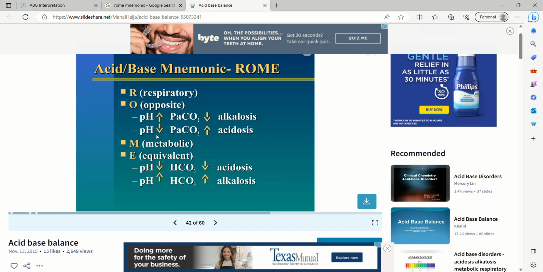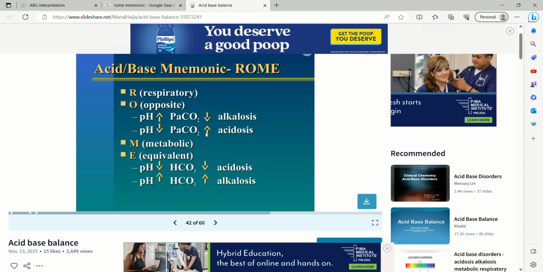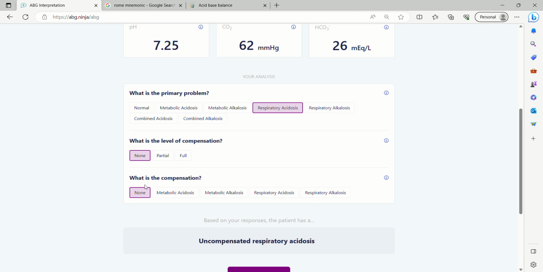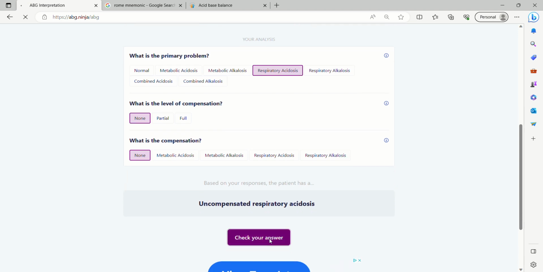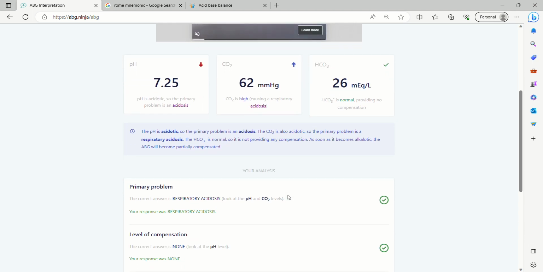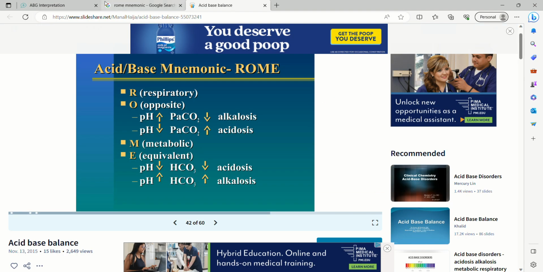Let's look at it. pH is low, end tidal is high, right? Your CO2 is going to be high. So we are acidotic, respiratory. So respiratory acidosis. Bicarb has not moved, so we are not compensating due to the fact that bicarb is not adjusted. We are in a non-compensating state. And there you go. There's how we have that using your ROME acronym